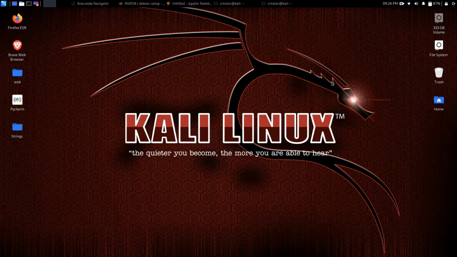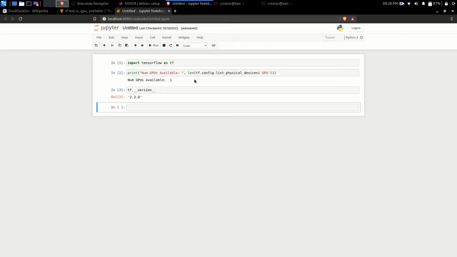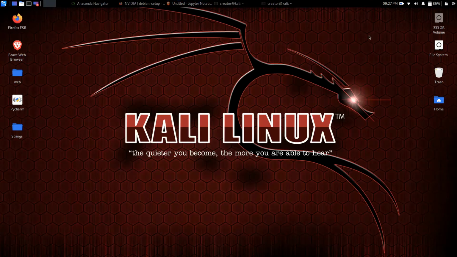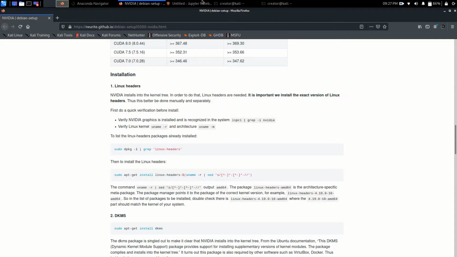For that, I'm simply going to open up my Jupyter notebook. So let me open that. Here you can see that I have first imported TensorFlow as TF, which is just importing, and then in the next line we are checking if we have GPUs available and if the GPU is actually working or not. So here you can see that the number of GPUs available is 1, of course, because I just have one GPU in my system. And you can see that TensorFlow is successfully recognizing that we are using the GPU, and once you use some deep learning models or train them, TensorFlow is going to use your GPU.